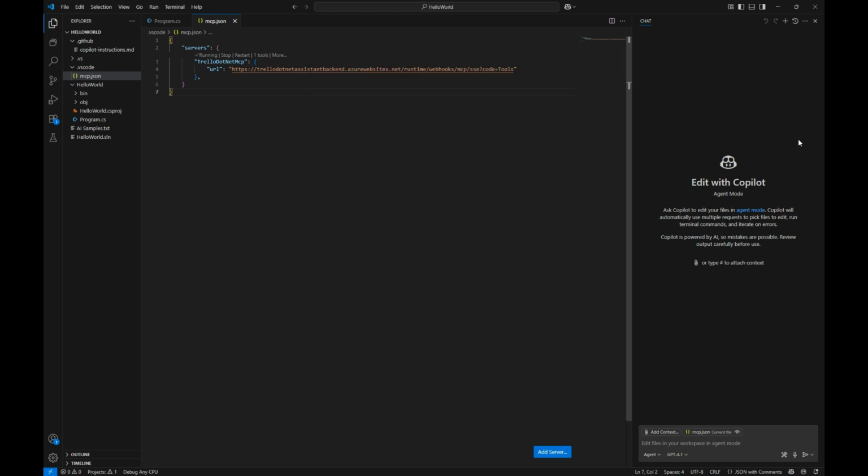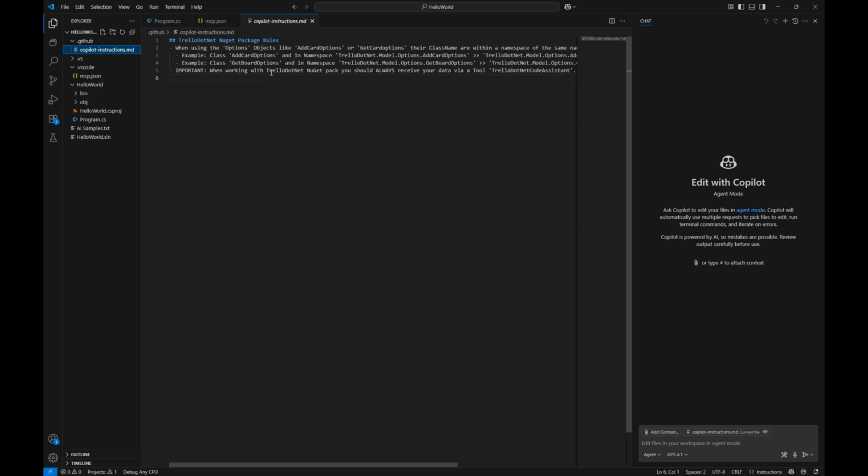In order for AI to better understand that, oh, yes, I actually know something about Trello.net, but this knows more, I tend to add some GitHub Copilot instructions, where I essentially tell it, hey, you should always use the MCP tool instead of your general knowledge whenever you work with that.